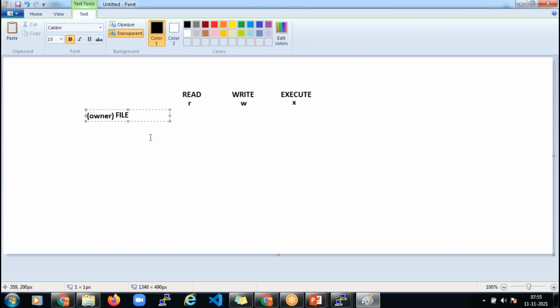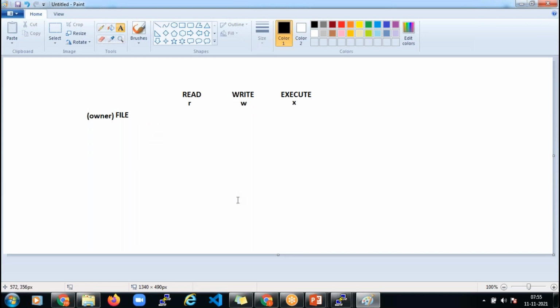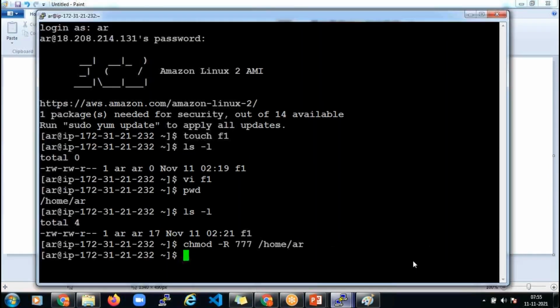So multiple people are accessing my system now, and everyone has the privilege to create a file. The person who created a file is called the owner. The owner has complete right to decide what permission has to be granted to the file. Even if you go back to the system now,